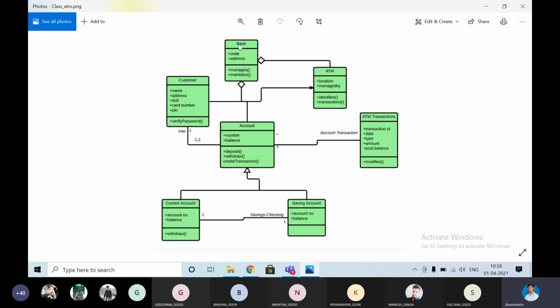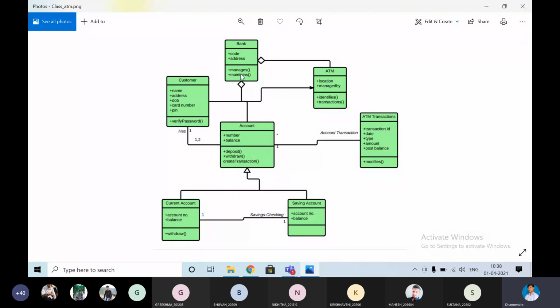Bank they are keeping. What are the attributes? Their code and address, different names we will keep here. Name also we will give. Okay, such information will be given here: the ID for that specific bank, and place we can write as attributes.